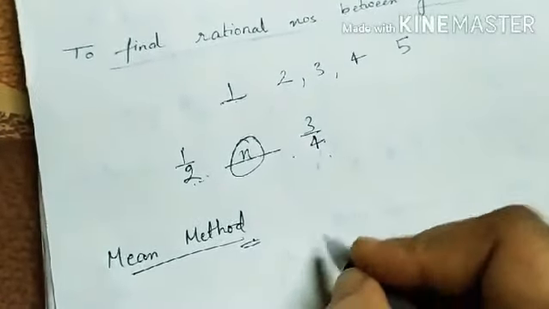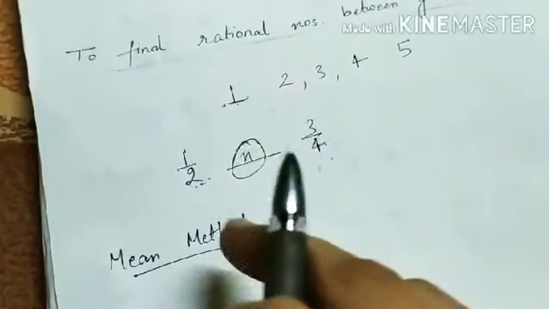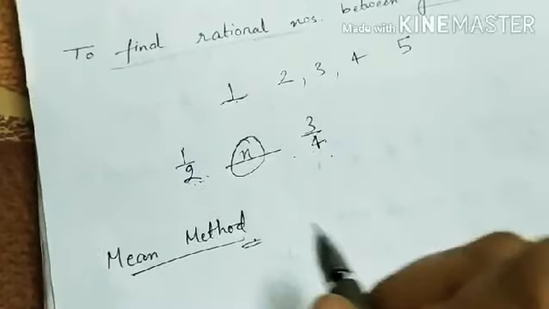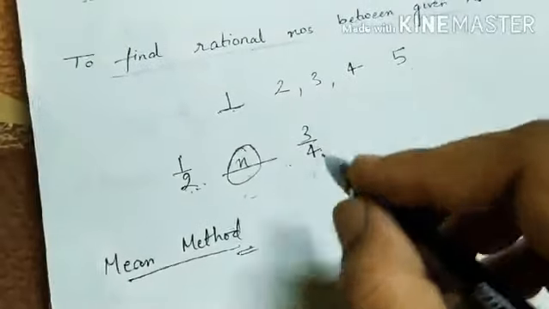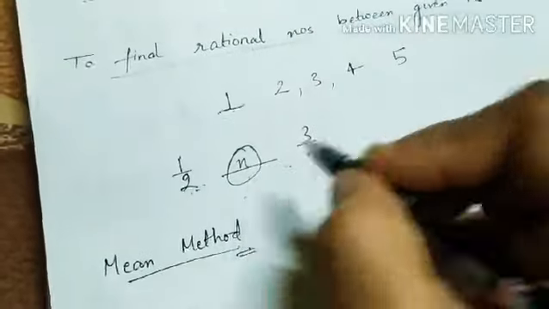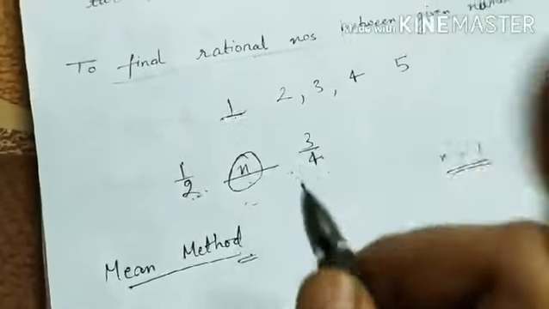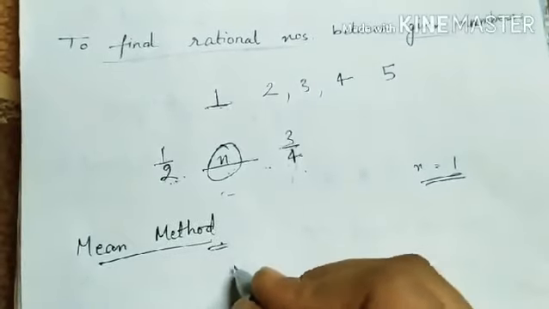Mean is what? बीच में, right? दो नंबर्स के बीच का नंबर हमें जब निकालना होता है तो हम कैसे निकालते हैं? दोनों नंबर्स को ऐड करके और क्या करते हैं, उसको 2 से डिवाइड कर देते हैं. तो वो हमें क्या देता है? उसके बीच का नंबर देता है. जैसे कि इस केस में, अगर हमें निकालना है, n यहाँ क्या है, n कितने रैशनल नंबर्स निकालने हैं. अगर हमें n यहाँ पर 1 निकालना है, मतलब एक रैशनल नंबर 1 by 2 और 3 by 4 के बीच में कितना रैशनल नंबर निकालना है? एक नंबर निकालना है. तो कैसे निकालेंगे? मीन मेथड से निकाल लेंगे हम.